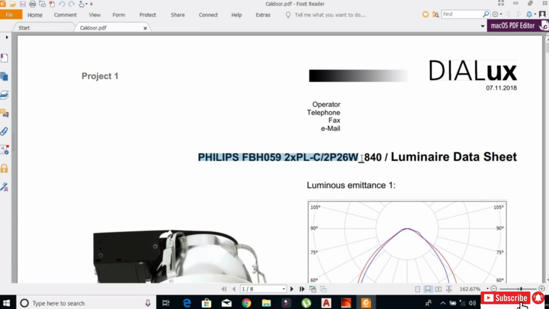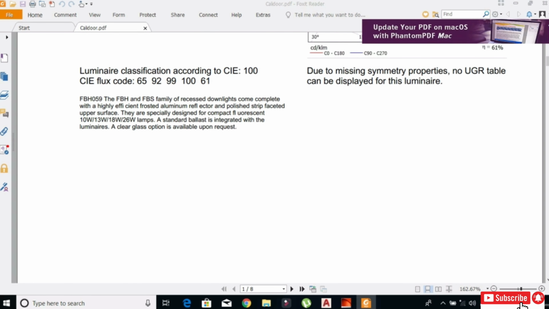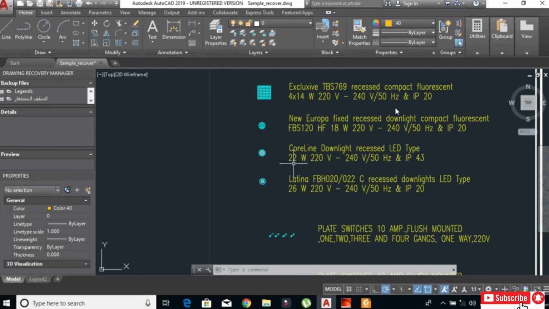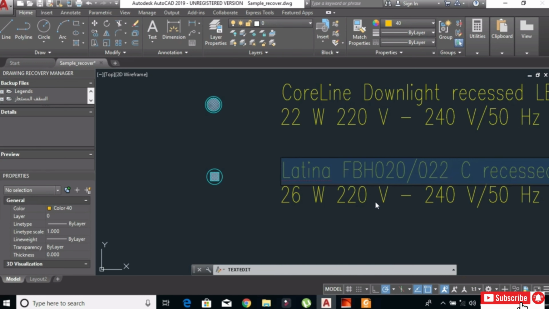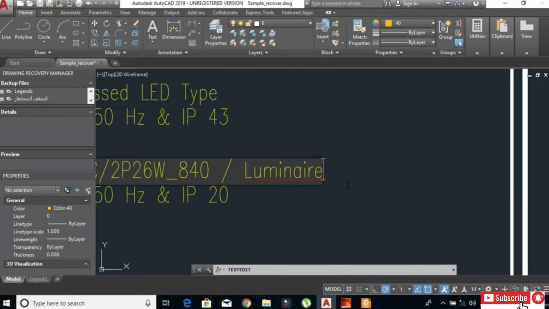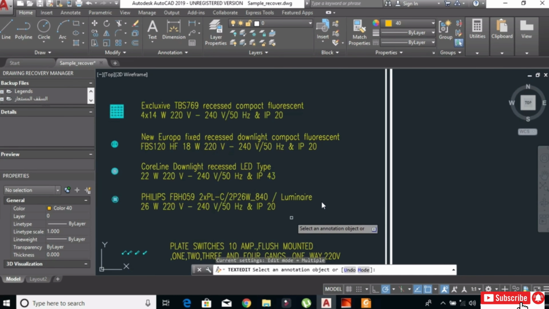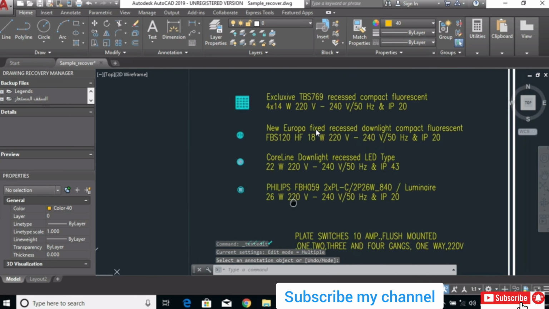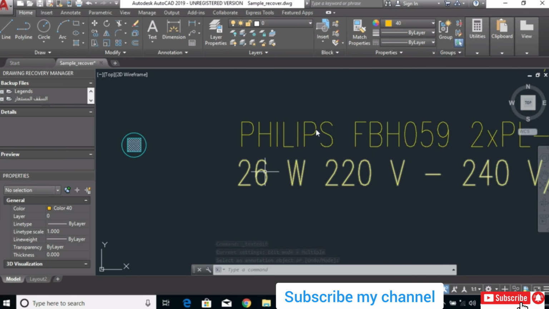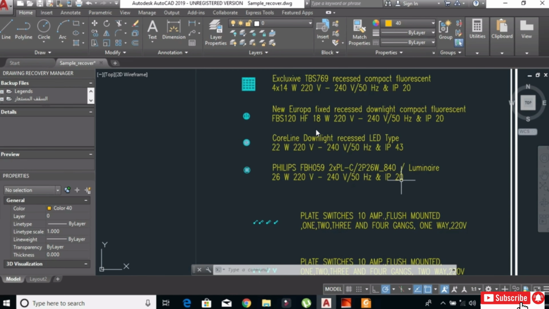Can copy all this until here, and here I will change, select all, Control V, paste. Now also I will go back to the catalog to modify the swap and IP and so on.